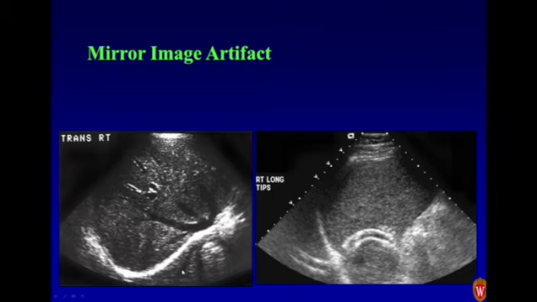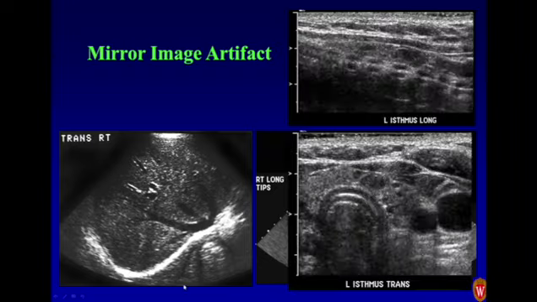Right? Are these accessory hepatic veins in the lung? No, it's simply mirror image artifact off the diaphragm. It's taking this and projecting it deeper. Tracheal cartilage, same thing. There's nothing back here. The airway, that's where the air is. So everything deeper than that line is mirror image. And so you think there may be two sets of tracheal cartilages. No, that's